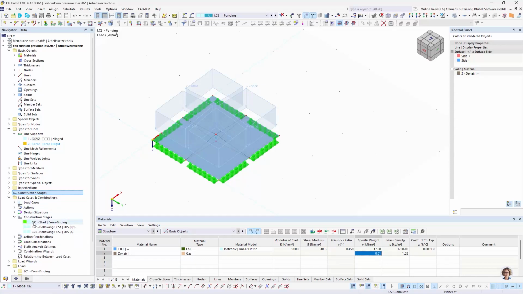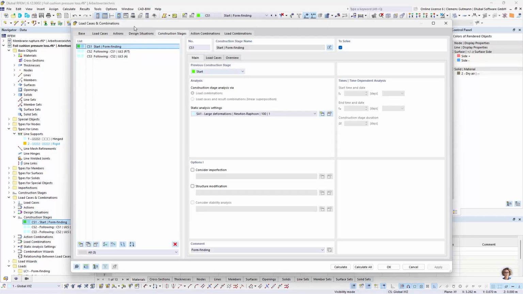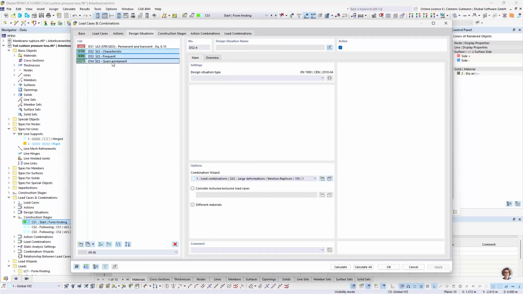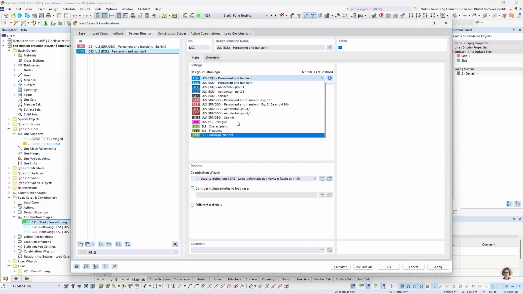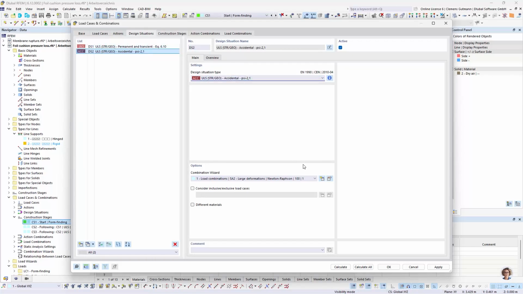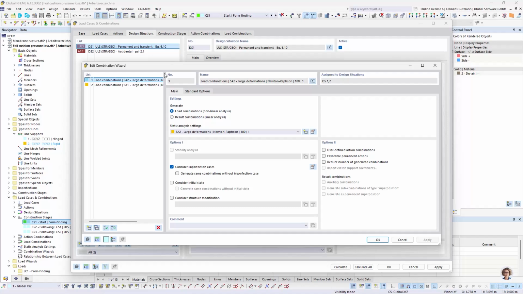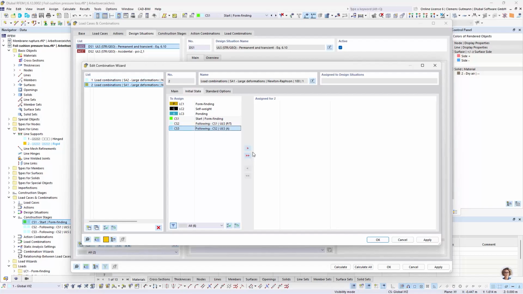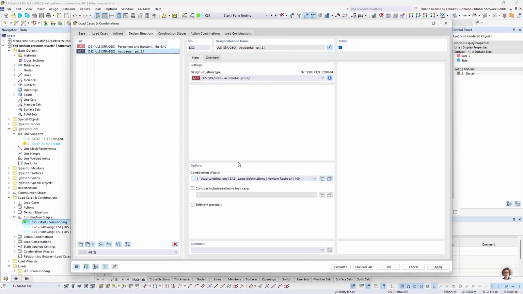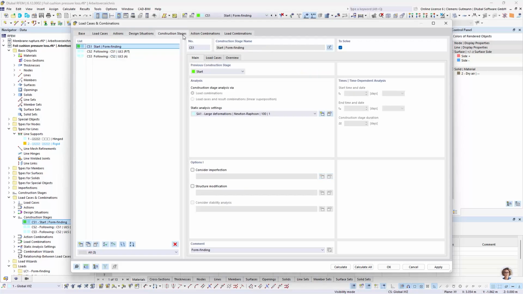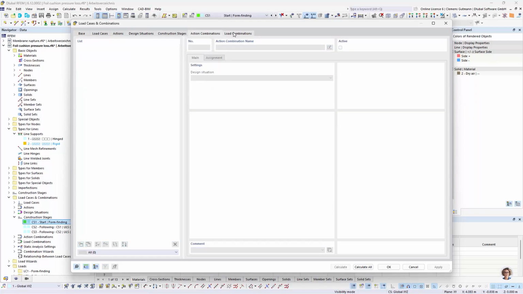Then let's go to the combinations. So here we have our design situation for the permanent transient, and then we have a new one also for the accidental loads, and for the ULS PT, we'll need the initial state for that, and this is for the other one, initial state here, and assign the combination wizard